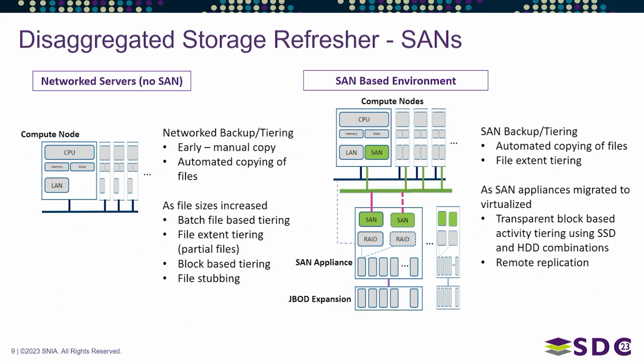I'm going to go through this one pretty quickly. Disaggregated storage refresher from a SAM perspective. I have to confess, sadly, I did live through the floppy net era, where the only way to get data reliably between machines was to literally copy it on a floppy, which ended up being a USB key nowadays. And you still get a lot of that going on. Then you went to LAN-based drive copy. By the time I ended up in the block storage, Ciprico world, we were starting to look at file-based extent